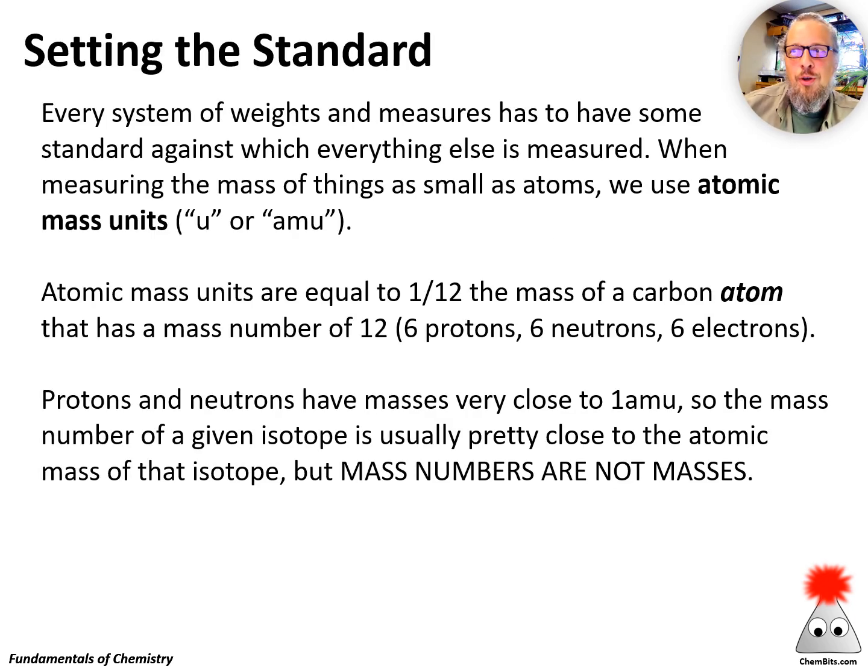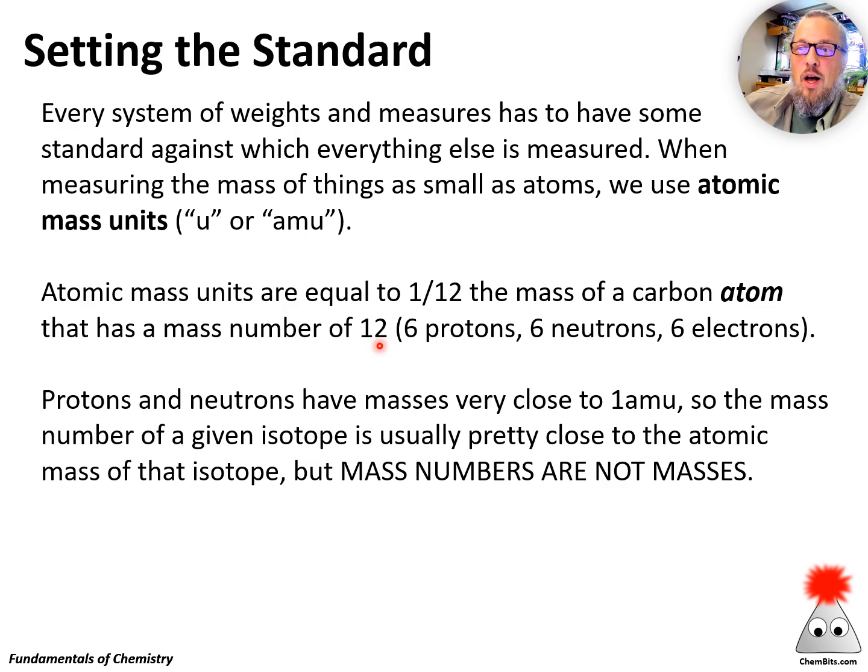atoms have extremely small masses because they are extremely small. So it's convenient for us to use a mass unit that's also extremely small. The mass unit that we tend to use is something called an atomic mass unit, or AMU, or sometimes just U as an abbreviation there. Makes sense? An atomic mass unit is defined as 1/12 the mass of a carbon atom that has a mass